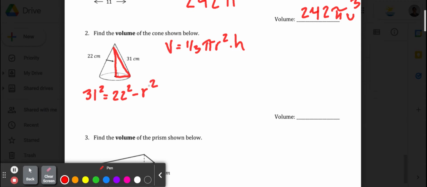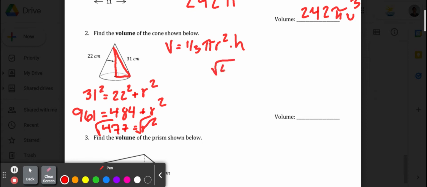So 31 squared, 961. 22 squared, 484, and then minus the r squared. So we're just going to subtract that 484 from 961. And so we end up with 477 equals, that's a plus by the way, I'm sorry. And then square root that to get rid of the square. I'm just going to leave it for now, but that radius is the square root of 477,